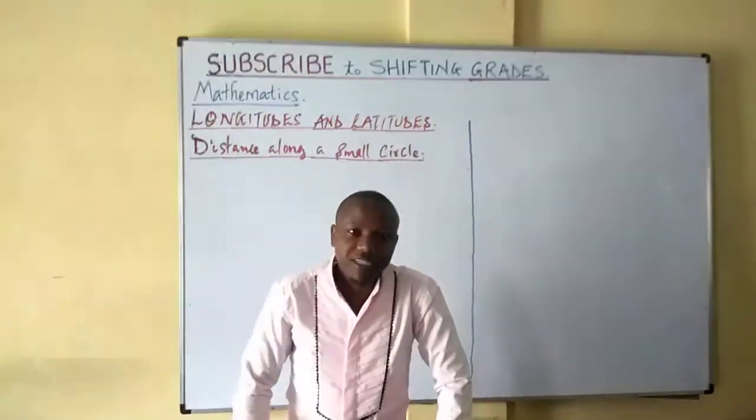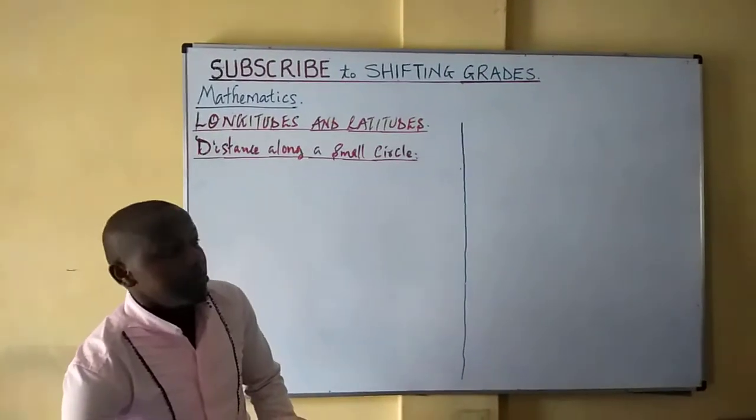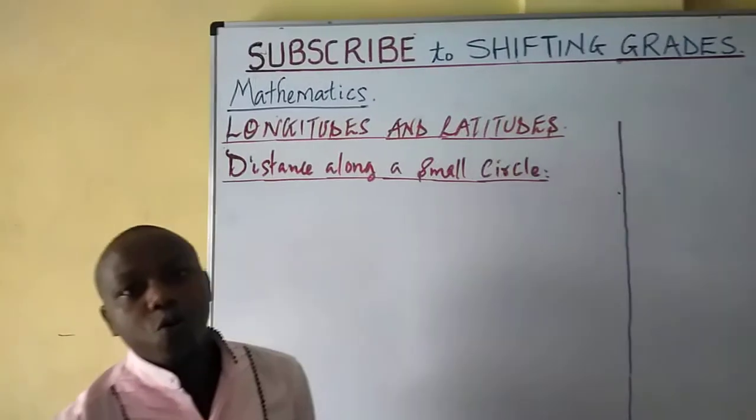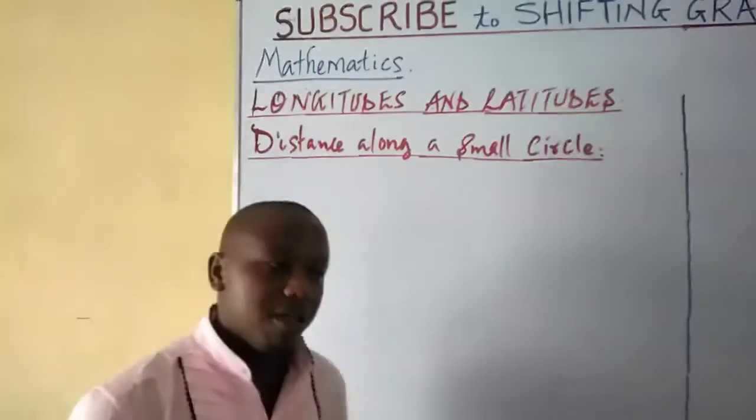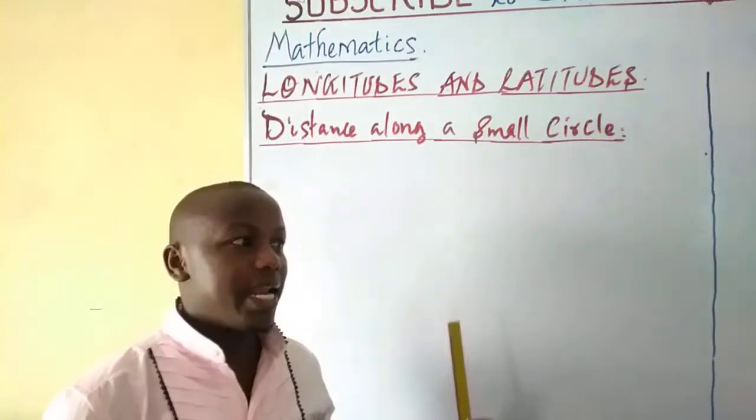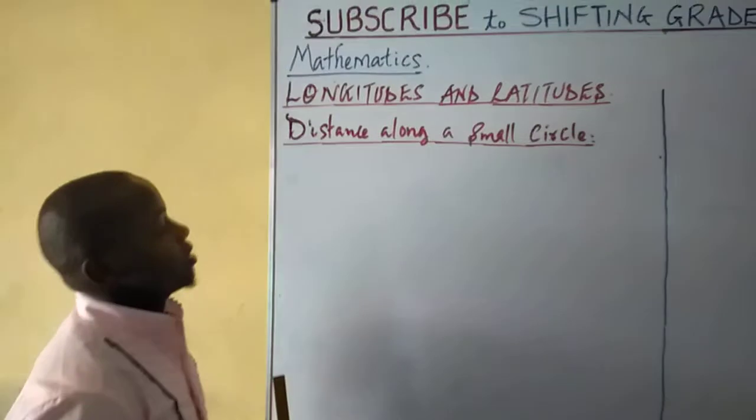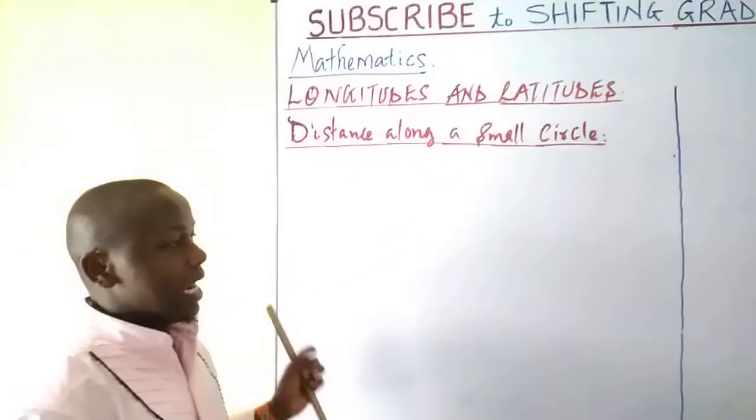Welcome to Shifting Grades. The subtopic is the distance along a small circle. We have looked at the distance along a great circle, both in kilometers and in nautical miles. Before we look at the distance between places on the same small circle or a parallel latitude,